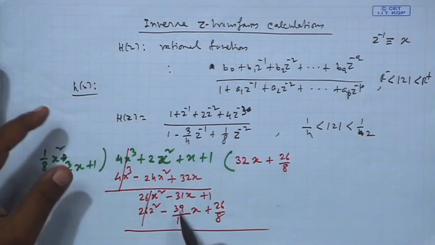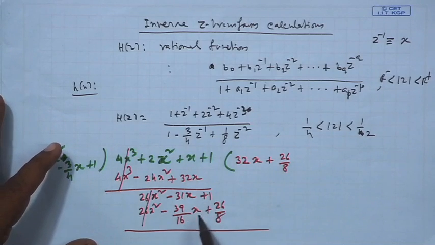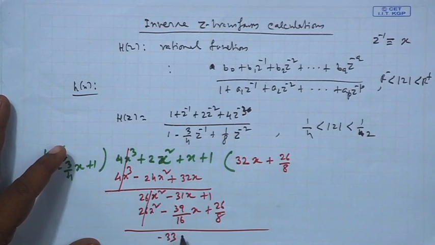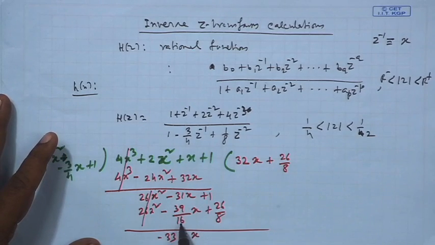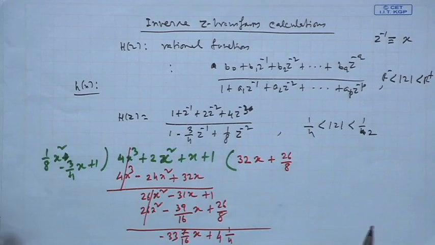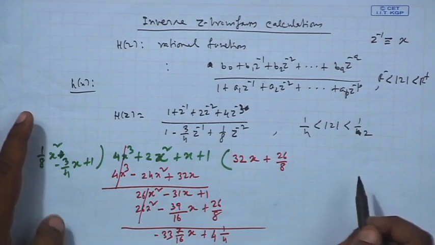This I do not calculate here. It will be minus 33 by 16 x. Okay, 31 and 39 by 16 means what? 2, 16 into 32 and 7. So, 7 by 16. So, 2 and 31, 33, and this will be your 4. Then this entire polynomial I will write as